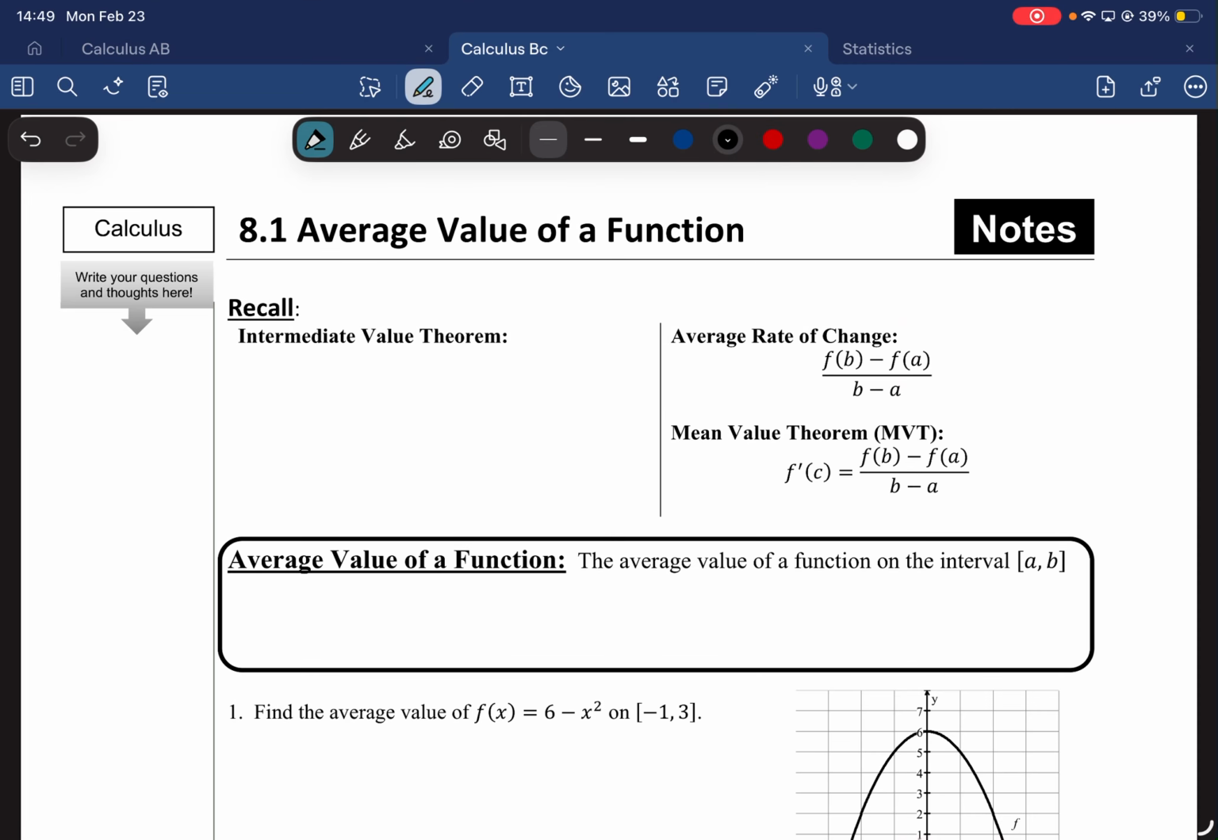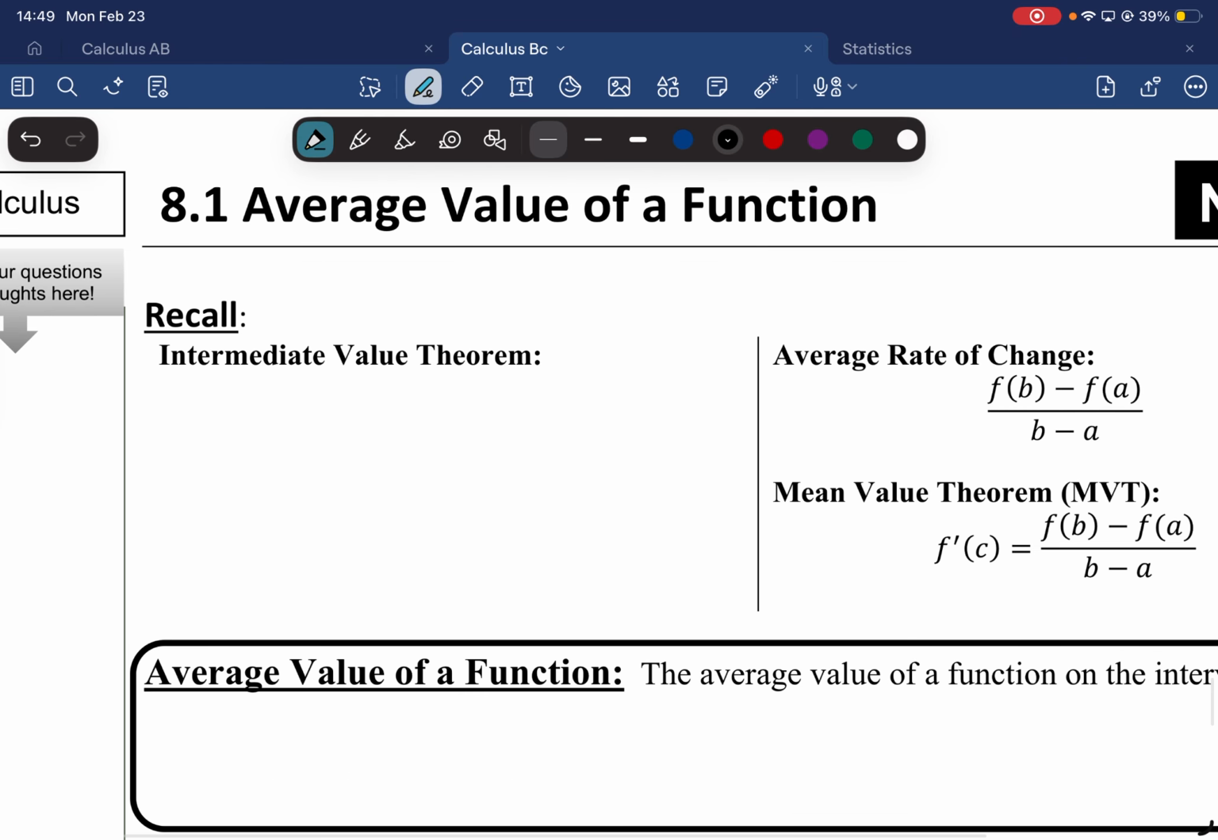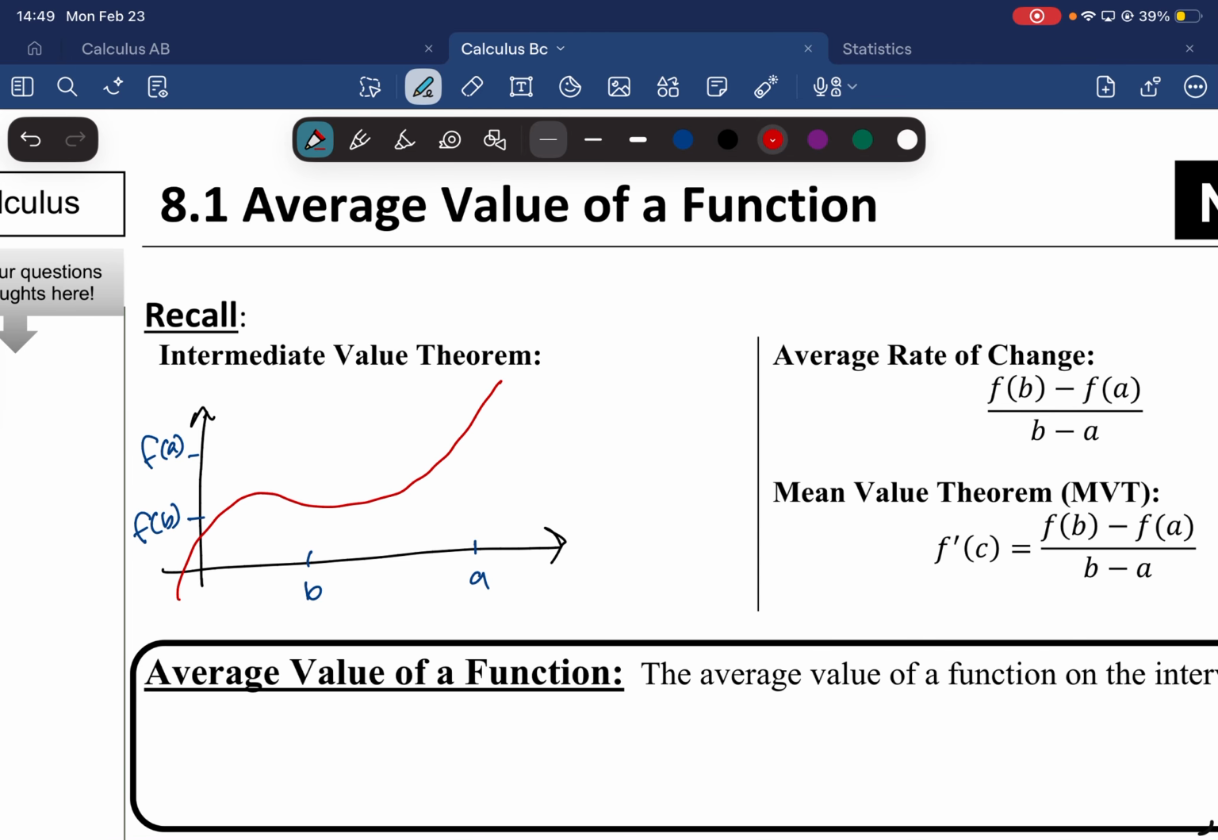Okay, 8.1, average value of a function. Okay, so it says recall the intermediate value theorem. I'm going to draw what that graph looks like. Okay, so recall that intermediate value theorem, or IVT, states that if we have f, which is continuous,